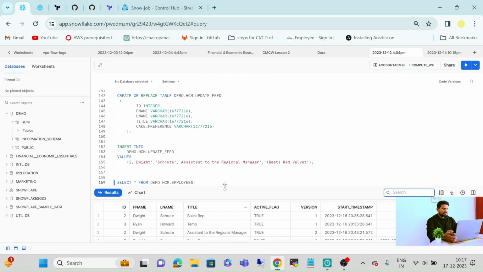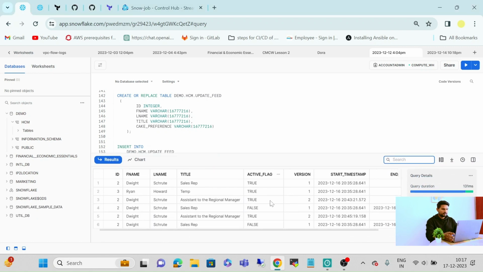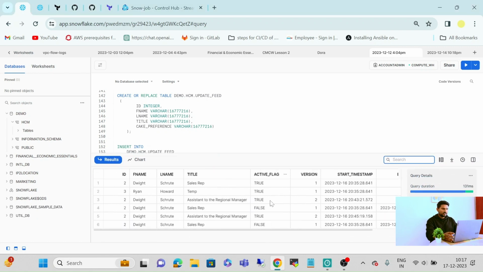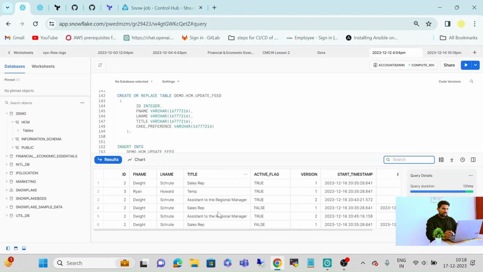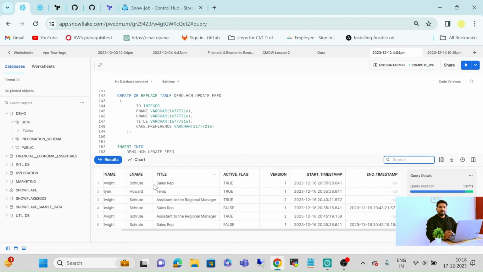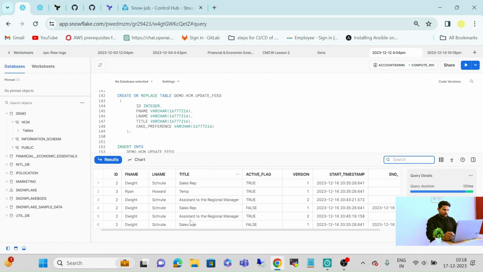So friends, as you can see, our query has been successfully generated, and here after running the job successfully, our job has run successfully. That's why we can see the results in our Snowflake account.